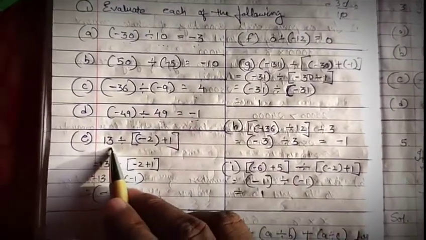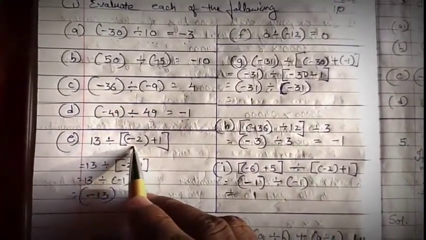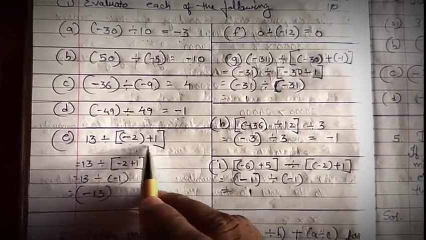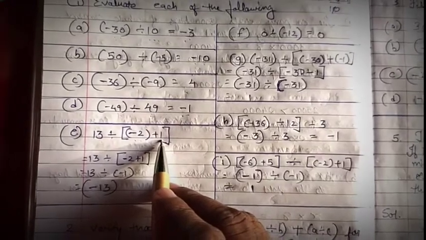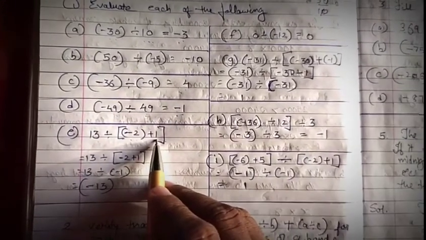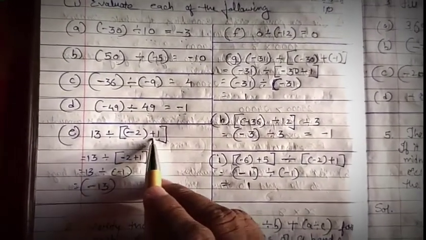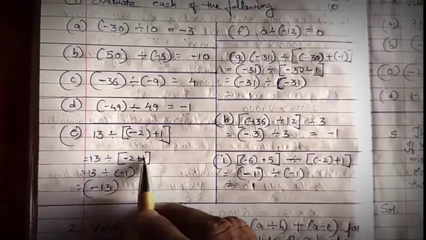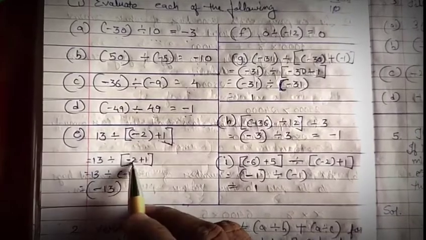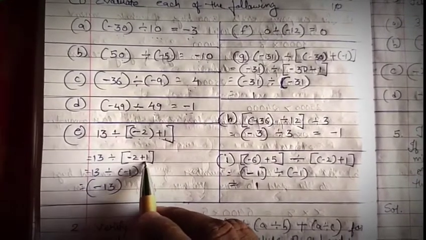Now see dear student, 30 divided by negative 2 plus 1. First you have to resolve this bracket. Minus plus, you have to apply that first condition what we did in our exercise 1.1. Plus minus, you have to subtract. Minus 2 plus 1, obviously 1 you will get, but the value will be in negative because here the value of 2 is in negative, which is greater than 1.